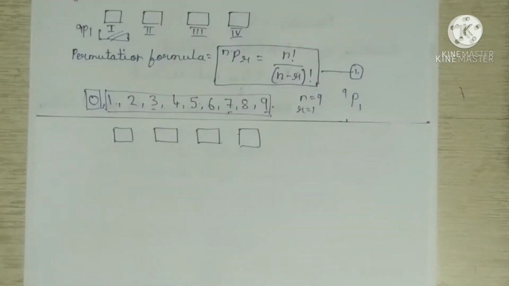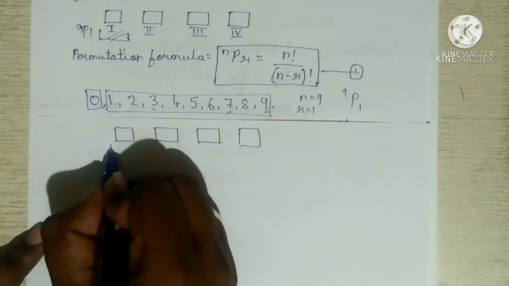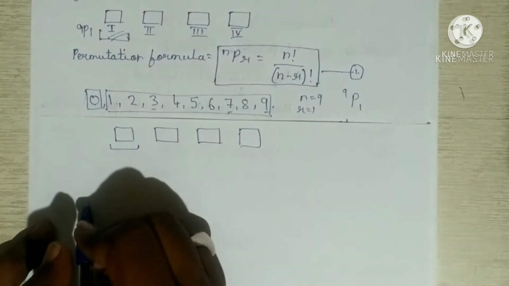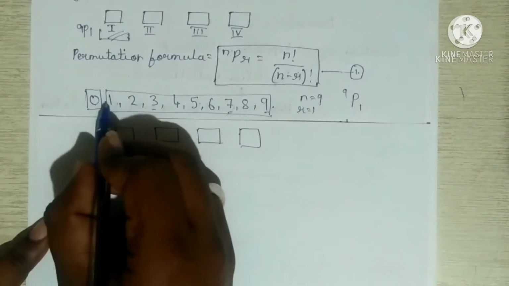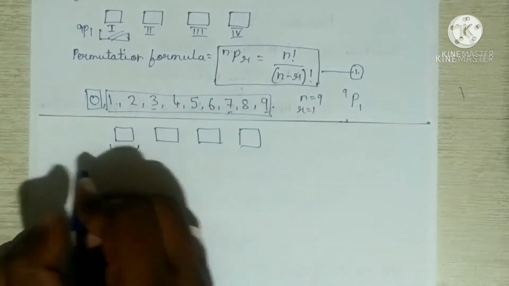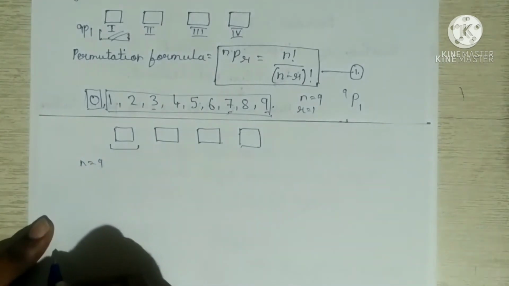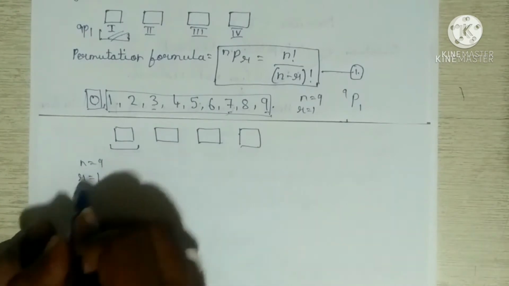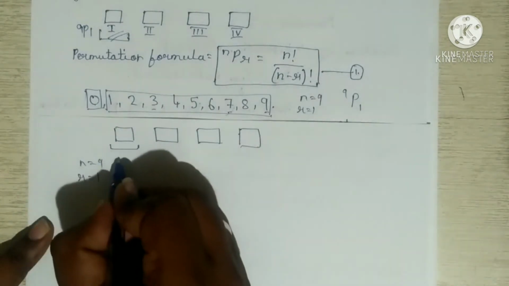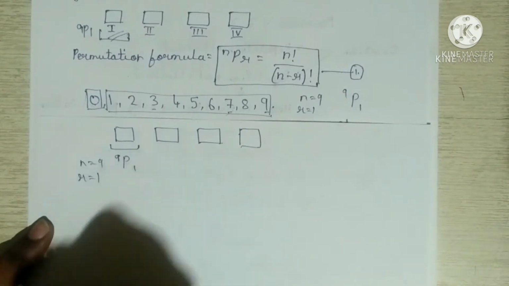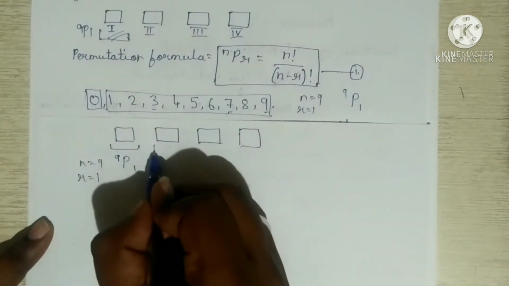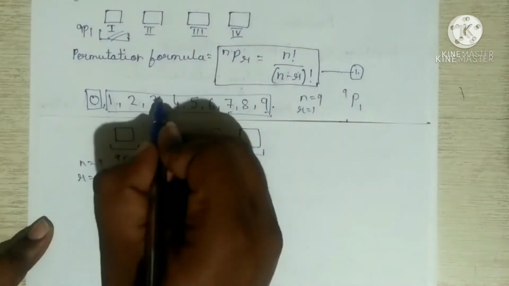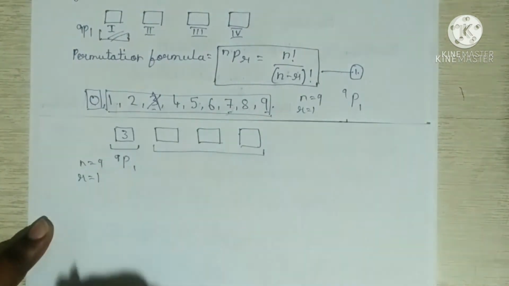In the 4-digit number you are considering only the first digit. In the first digit, 0 should not be there. Except 0, n will be 1, 2, 3, 4, 5, 6, 7, 8, 9, so n is equal to 9. If you're finding the first digit, r is equal to 1. If you're finding 2 digits, r is equal to 2. So this one will become 9P1. Next, the remaining 3 digits. If in this term you consider 3 is gone,